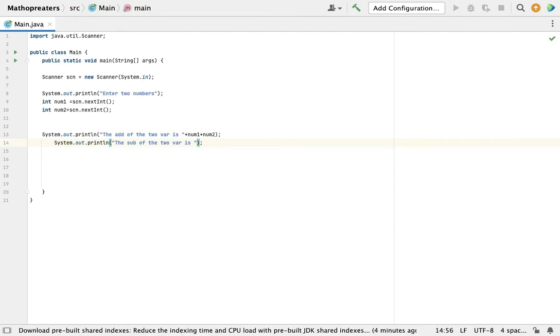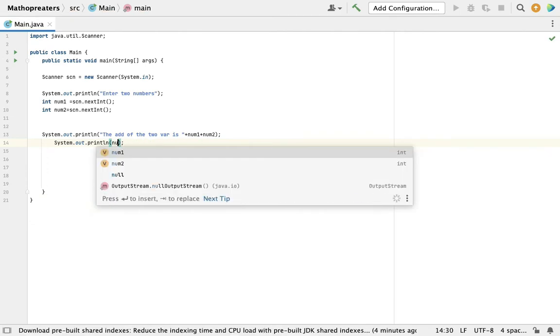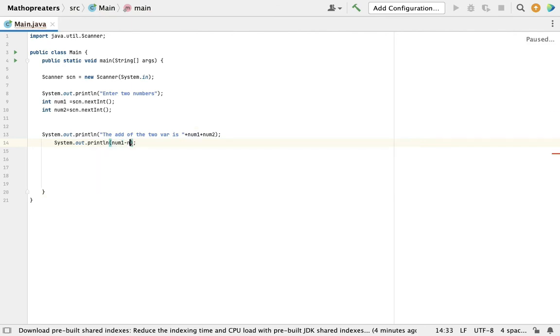So I want this to be subtracted. So if I just remove this whole text and say num1 minus num2,